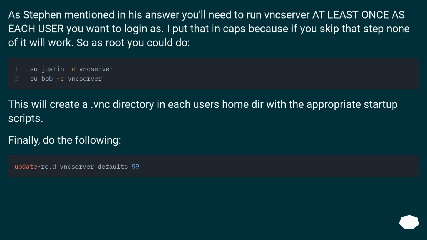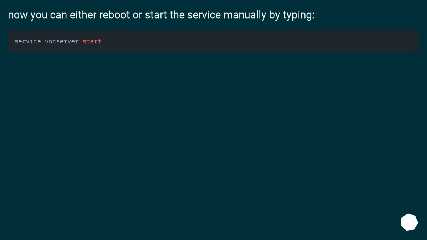As Steven mentioned in his answer, you'll need to run vncserver at least once as each user you want to log in as. I put that in caps because if you skip that step none of it will work. So as root you could do this. This will create a VNC directory in each user's home dir with the appropriate startup scripts. Finally, do the following. Now you can either reboot or start the service manually by typing